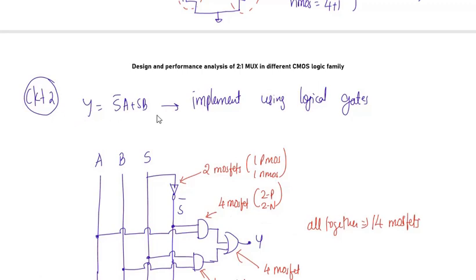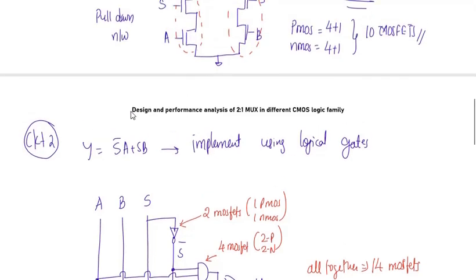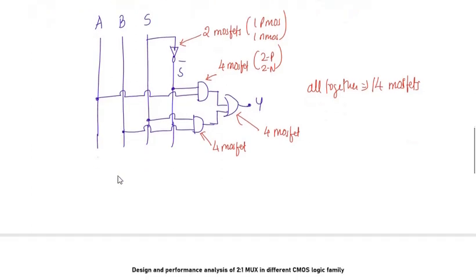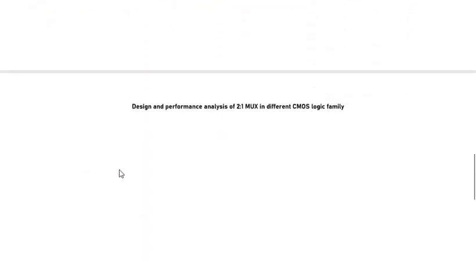And this circuit can be implemented using only NAND gates or only NOR gates, but again that all falls under logical gates. Circuit number 2 is built using logical gates. Fine. Now let us go ahead and do the implementation using the Electric VLSI tool, and try to obtain the result and analyze it. Before we analyze the result, let me give some glimpse about SPICE code. So what exactly do we mean by SPICE code?